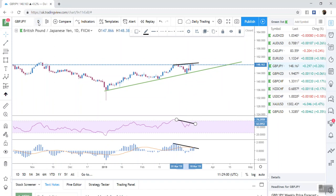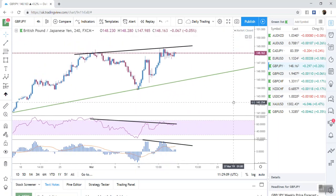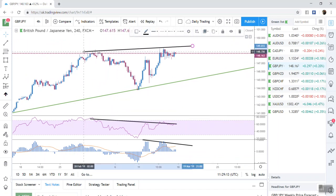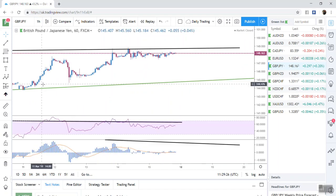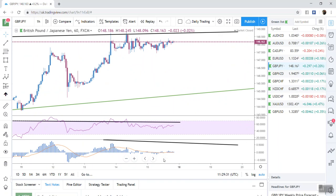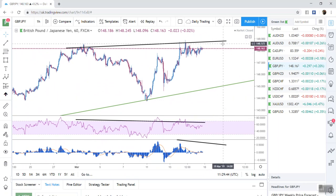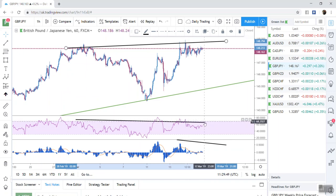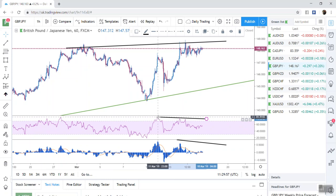So on the daily, signifying that we've got divergence, so it's clearer on the 4-hour look. So if we go from there to there, we go to the bodies, we go to the 1 hour, yeah. And not so evident, actually. Yeah, on the 1 hour, if we go from